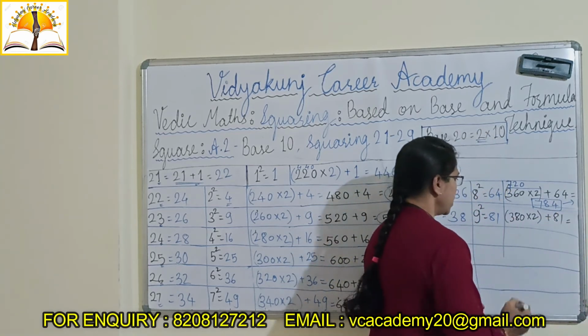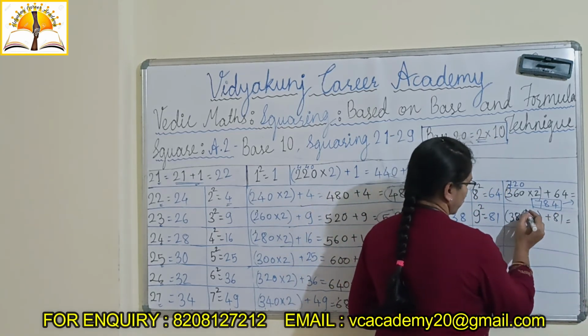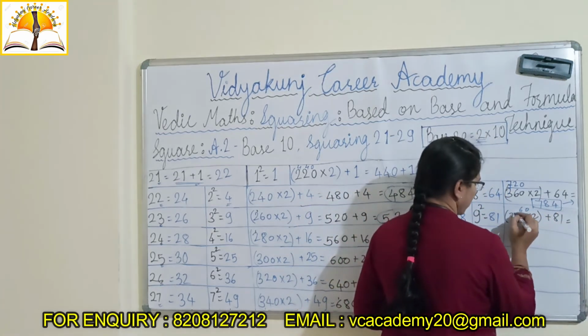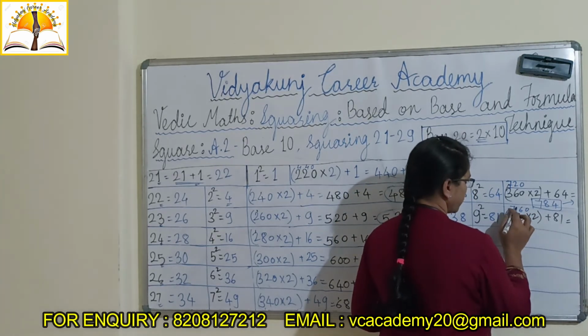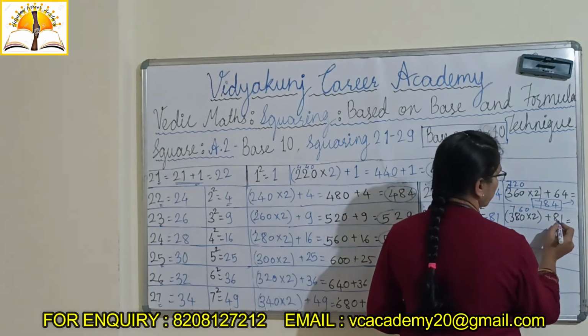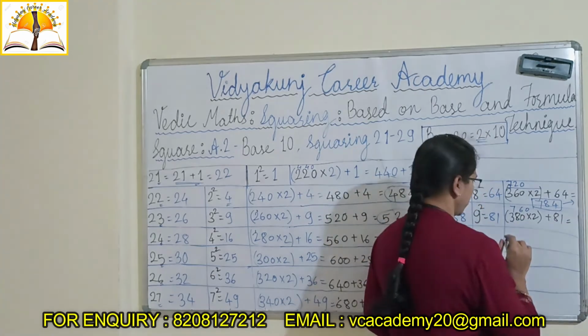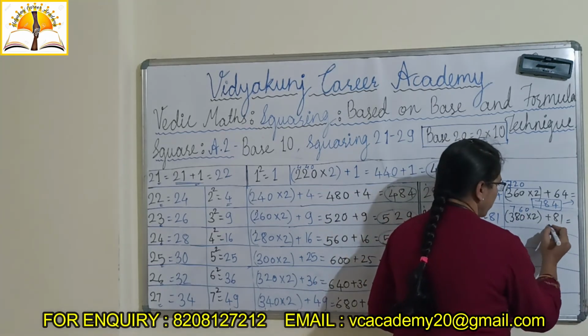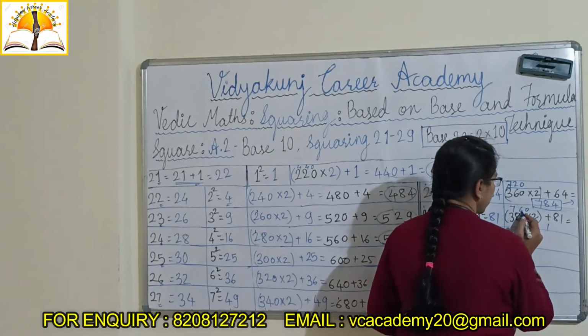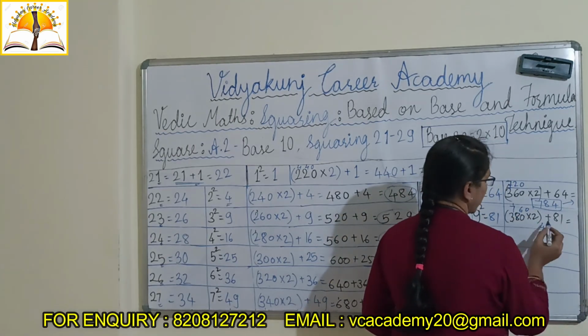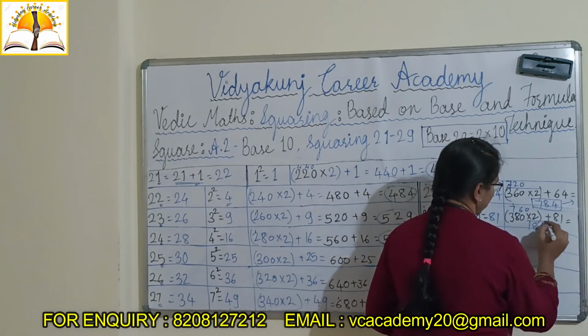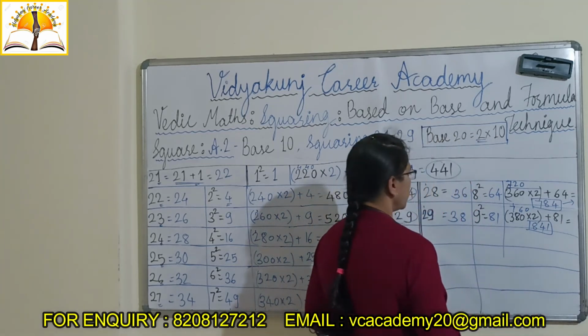This part. Okay. Now here 2 zeros are 0. 2 8s are 16, 1 carry. 2 3s are 6 plus 7. Okay. Now here we have to do 81 addition. Yes or no? 0 plus 1, 1 only. 8 plus 6, 14, carry. And here 8 as it is. This is 28 square. Okay.